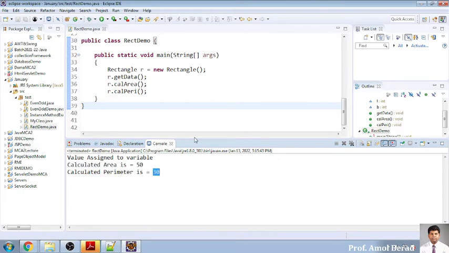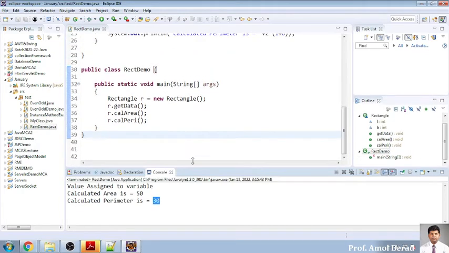If you want to display the length and breadth directly, you can display it at this situation also. So this is the output, that is the area is 50 and the perimeter is 30.